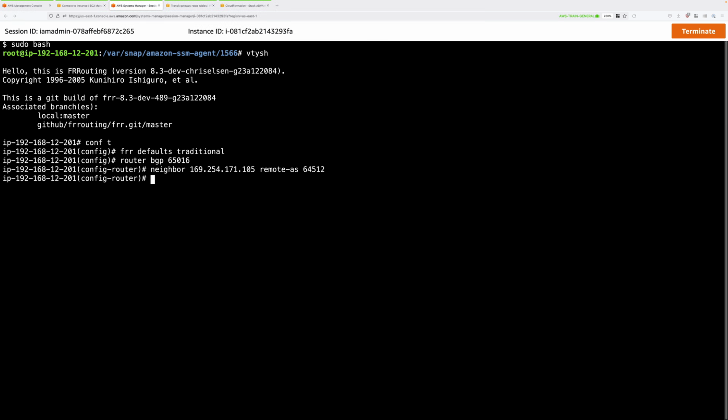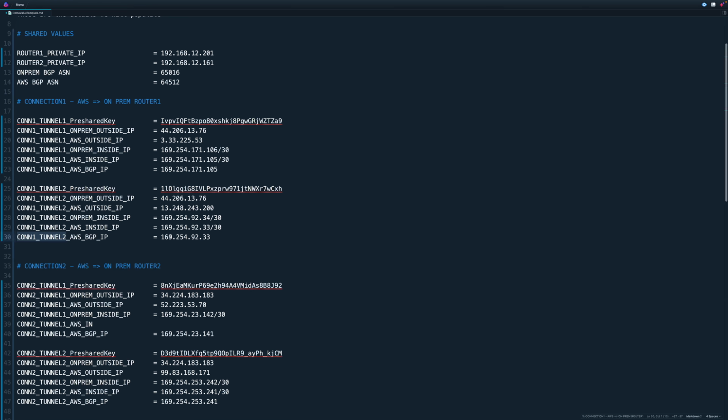Next, we're going to do the same process, but for the second IPsec tunnel that's connected to this router. So paste in this command. This time, we need to replace this placeholder with connection 1, tunnel 2. So delete this placeholder, and this value is also in the template document. So connection 1, tunnel 2, AWS BGP IP.